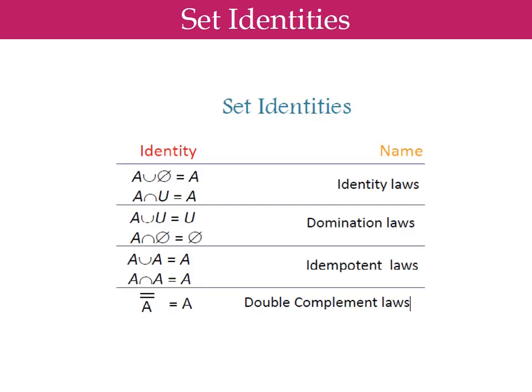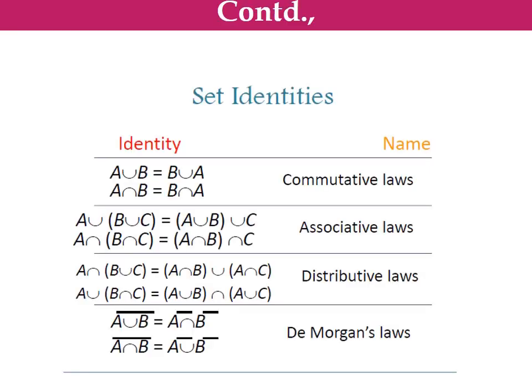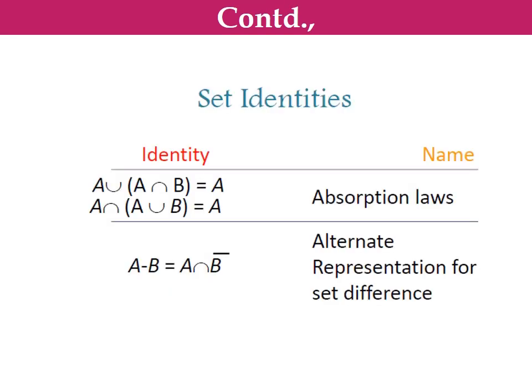And the next one is set identities. So these are some identities that we often use while solving problems. This one is identity law. Second one is domination law. Third one is idempotent law. This is double negation law. And commutative property, associative law, distributive law, De Morgan's law. Among these, distributive law and De Morgan's law are very, very important. Using that, we solve some problems also. And this is also a familiar identity. We may use all these laws in our unit 1 and 2 also.